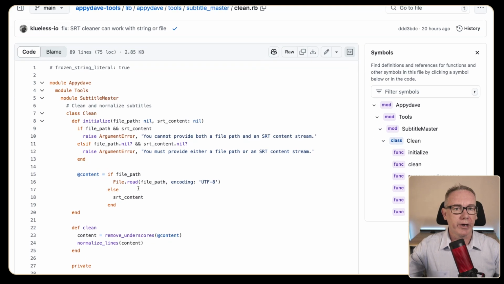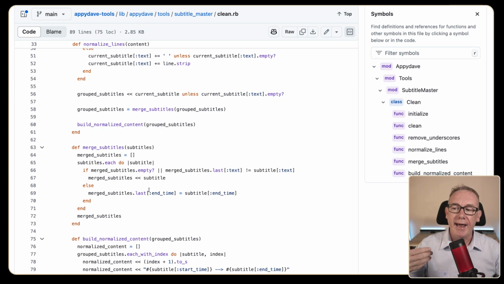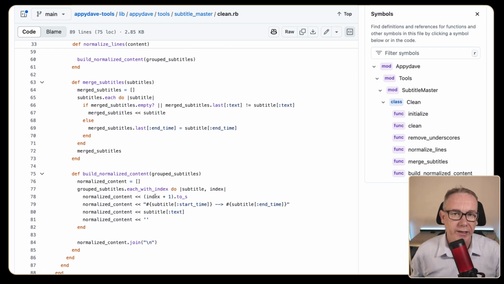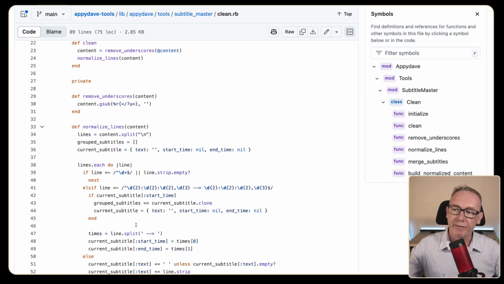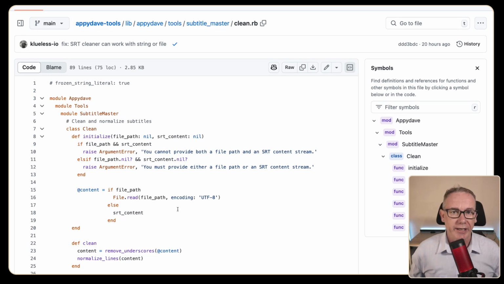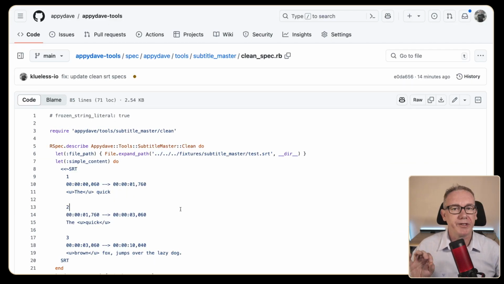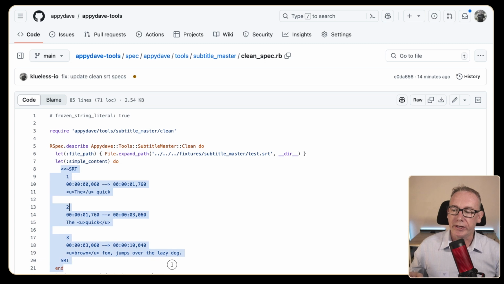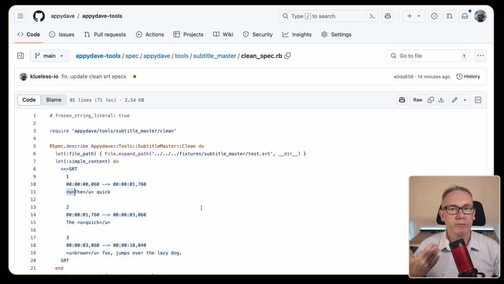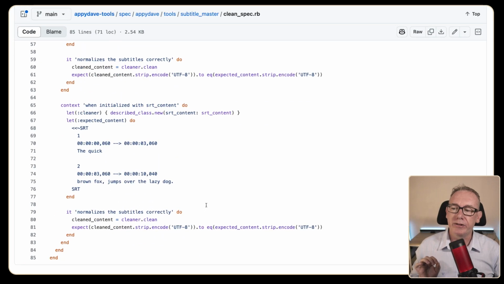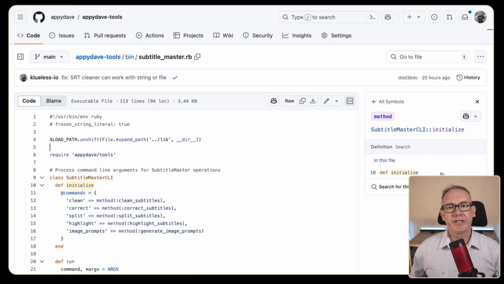Now, I took the code that was available here and used it as an idea for best practices. So this is a single responsibility principle class that I've created that cleans my SRT files. And along with it, there's a unit test that goes with it, which can take a simple SRT file that has some tags in it, which is useful when you're seeing words highlighted across the screen, and turns it into a simpler format. Along with the code and the test, I've also got a script that allows me to run